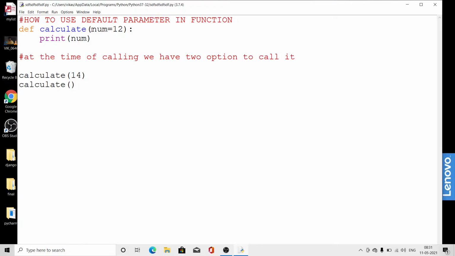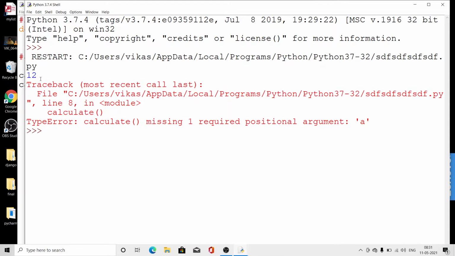Now look here. We have passed positional arguments like a, b is equal to 45, comma num. In that case, this one is okay, because when it runs, it gives the output. Look here, 12.